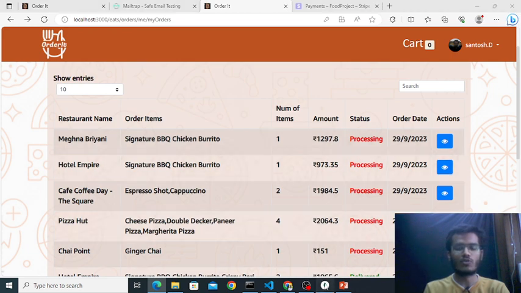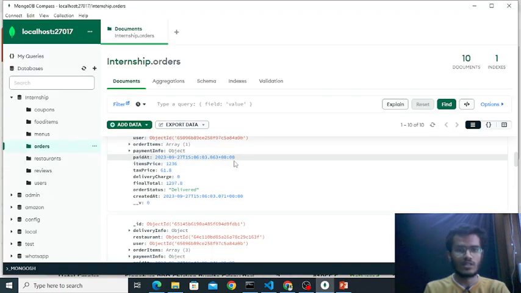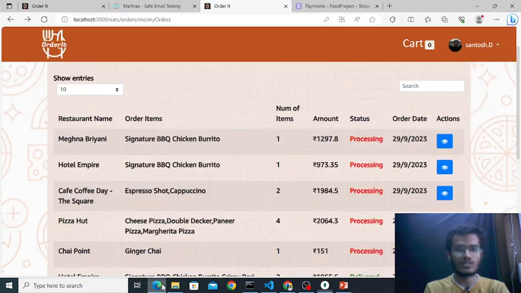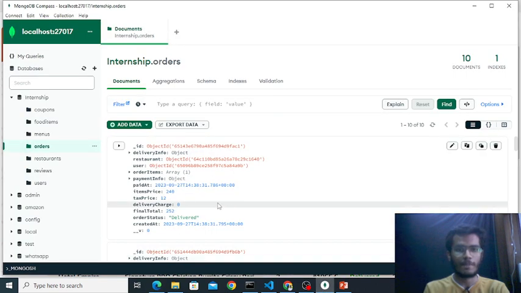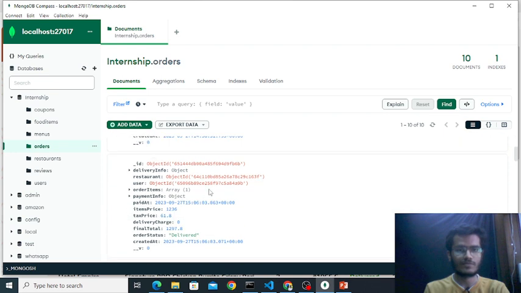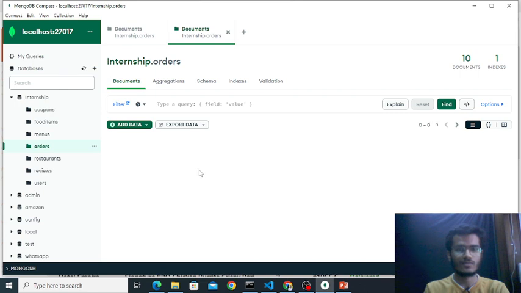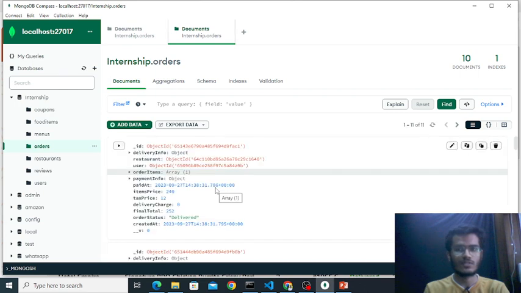If I go to the MongoDB database and click, what was the amount, 1297. That is loading.